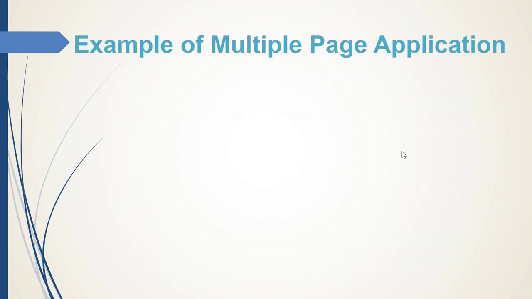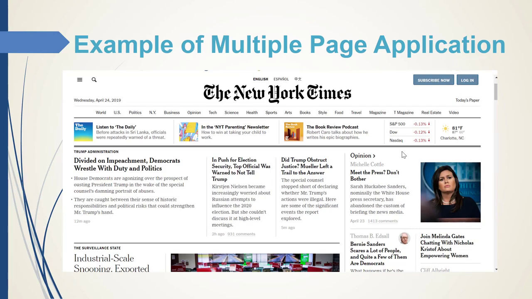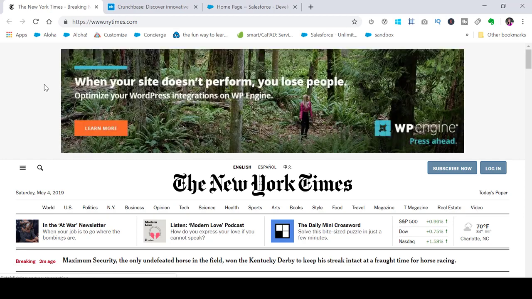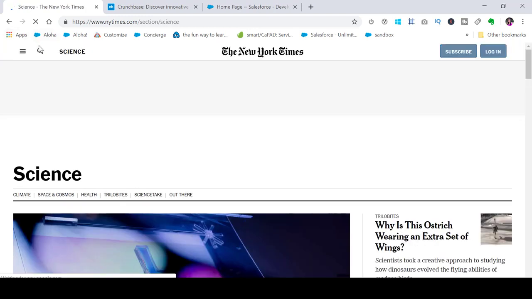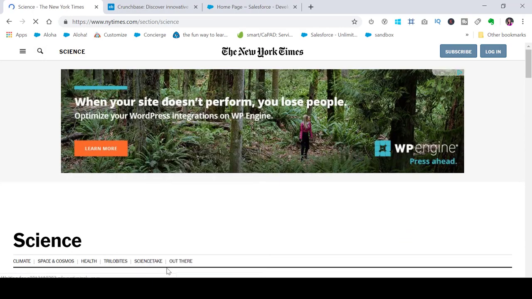Now let's go through the example of multiple page application. This example will bring a lot of clarity to your mind. I will be taking the example of New York Times. So I have opened New York Times. It is an example of multiple page application. Now if you see, if I click on any link, it takes some time to load the page. Now how can you see that it is a multiple page application? For that, right click, select inspect, and then